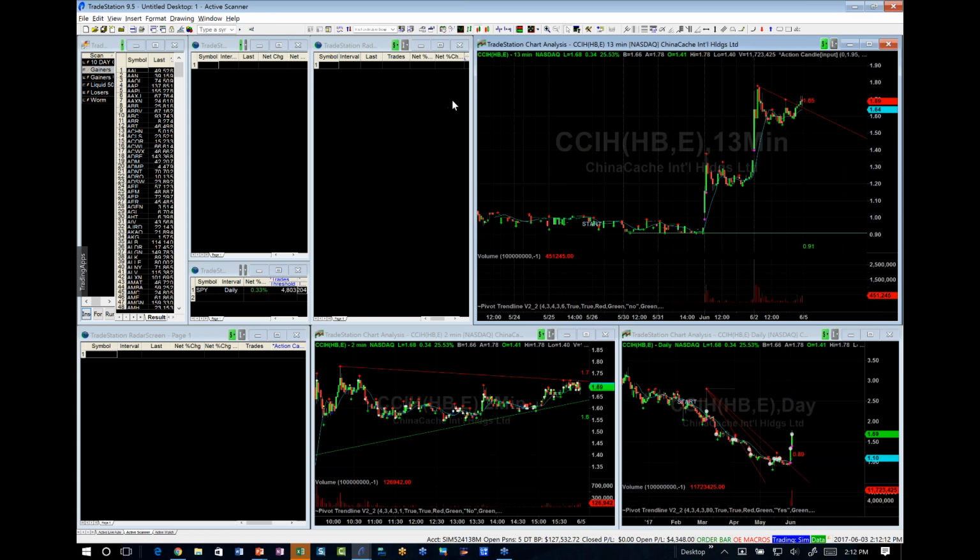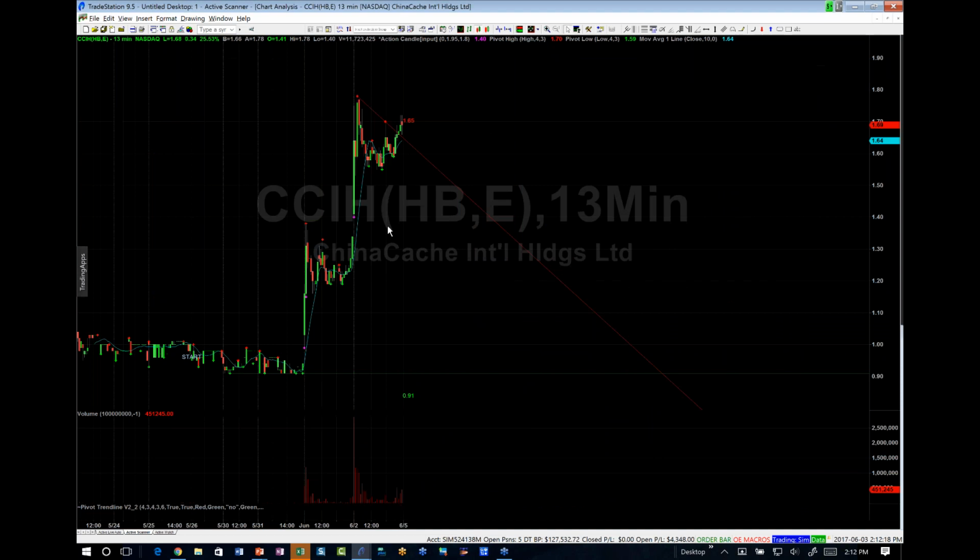Okay, so when I day trade, I always look for my watch list stocks to be based on this little pink dot here, which is called an action candle indicator. The reason I had CCIH on my watch list on Friday is because the 13-minute chart told me that investors were excited. It was actually the second day in a row because I also had a pink dot on Thursday. So that's what put it on my watch list. That's the longer term time frame.